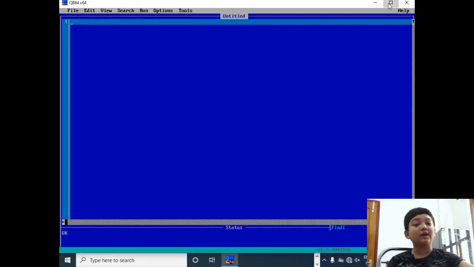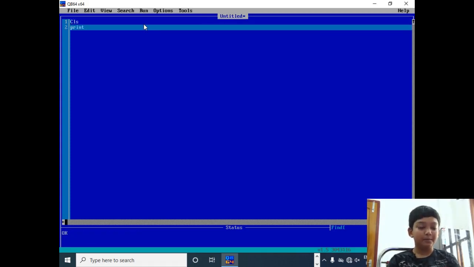And what do we want to make? We want to make a program which will conduct a quiz. So at first, CLS, our favorite thing. Then print, give some spaces and write quiz, like Quizzes, and in brackets, Mathematics.